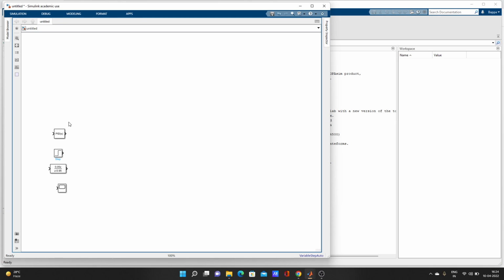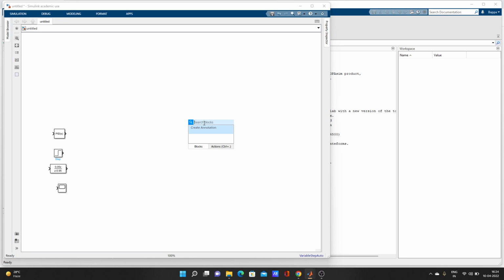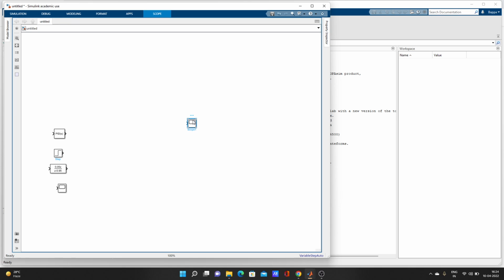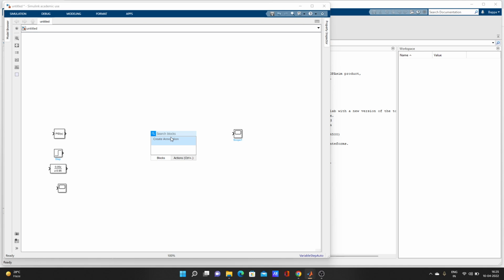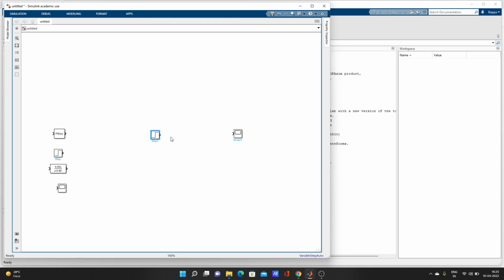Okay, I have already added these blocks here. If you want to know how I added them, just double click on this window of Simulink. Search scopes. Suppose I need a scope, SCOPE. Okay, it came, and enter. Here it comes. Okay, I need one step signal, STEP. It came,